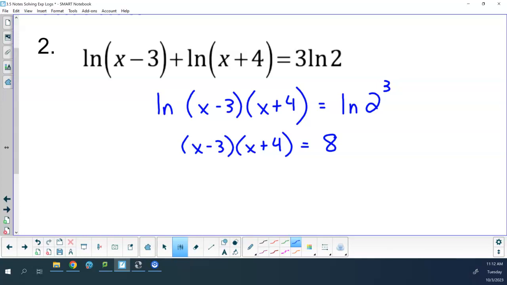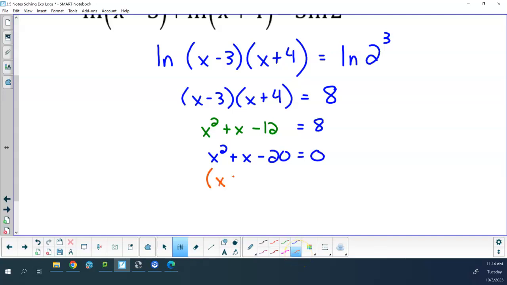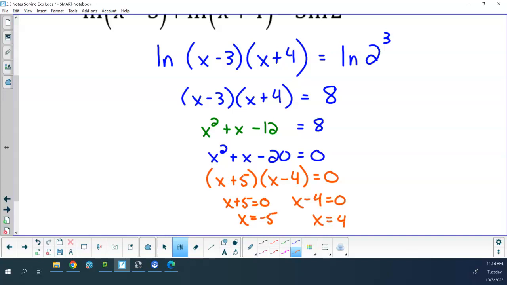Using your algebra skills, solve that for me. Go. Agree with me on solving that. Final answer is